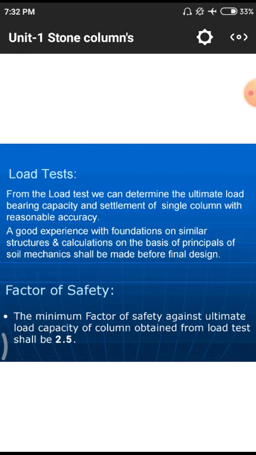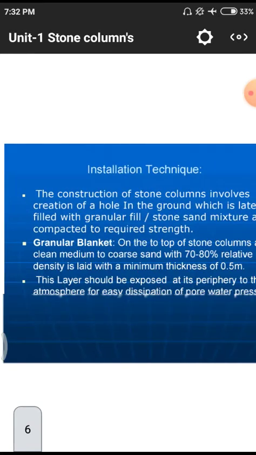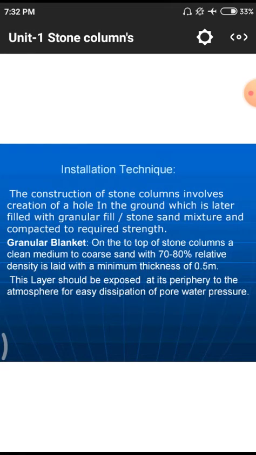What is the factor of safety while we design a structure? That means the minimum factor of safety is the ratio between the ultimate load capacity and the column load obtained from the particular column. We have two different things, factor of safety and working factor. All those things we need to have. First we need to calculate the factor of safety by the applied rules in this geotechnical subject.